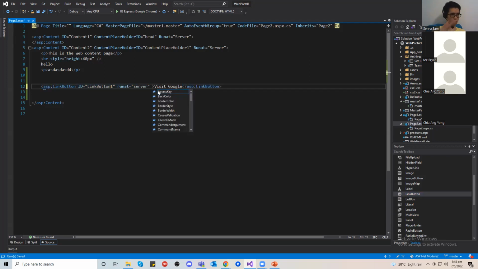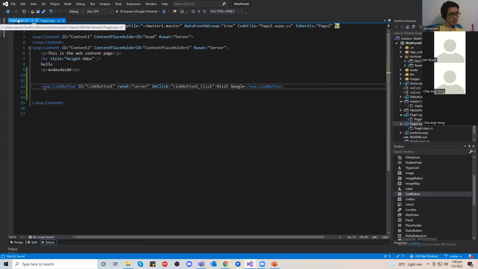One is you type an attribute inside called OnClick. Once you type OnClick, you press equal, then there will be these 2 options that come out: Create New Event. Make sure you save your page after that. What this does is, if you go into your CS page, so there's Page2.aspx, Page2.aspx.cs